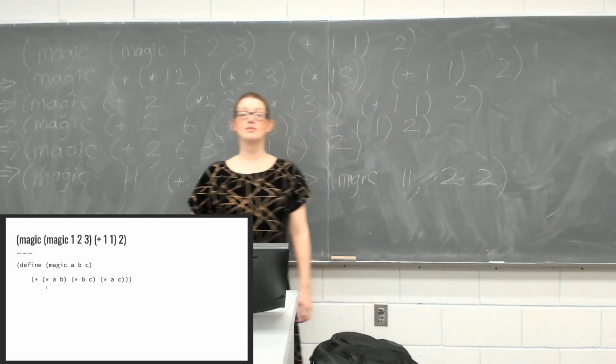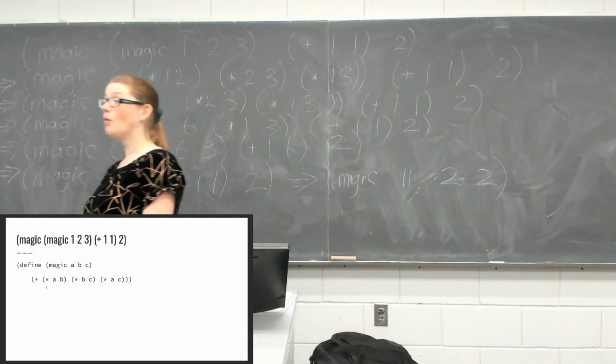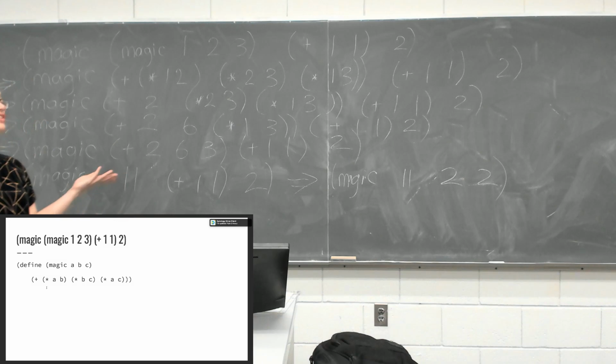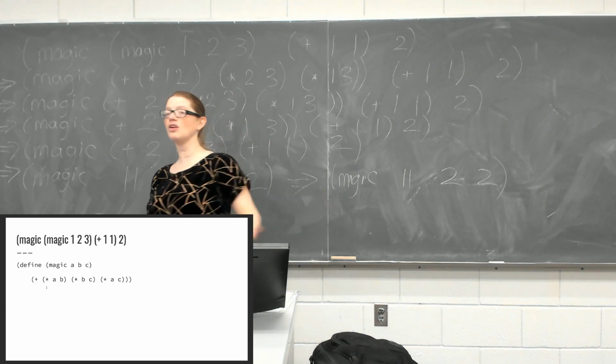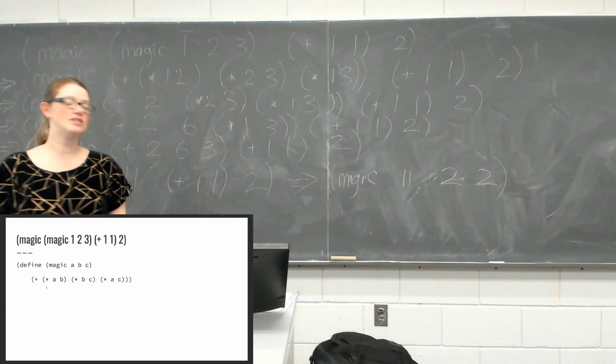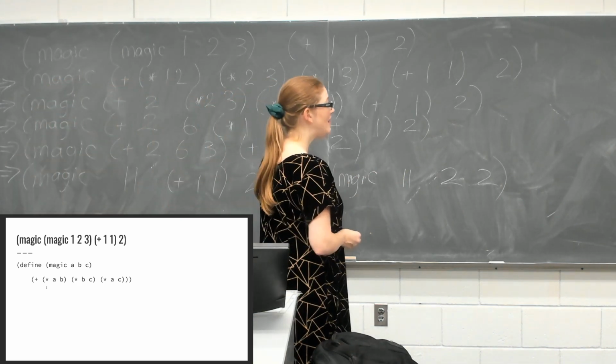All right. Now we're down to magic being applied to values. So what do we do now? Let's go with a different person. At the back there, you're going to have to speak up. Basically start over again, evaluating magic with those numbers instead. Yep, since magic's arguments are all values, now we're going to substitute them into the body of magic. So in the next step,